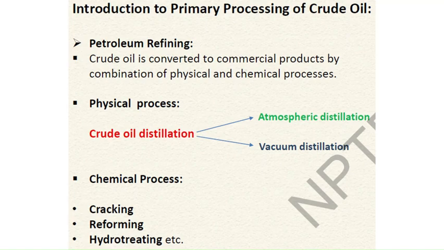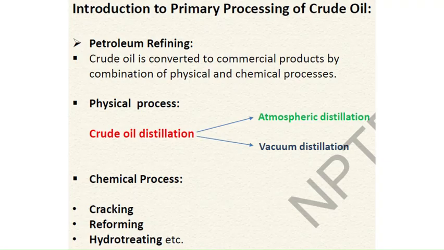how to process crude oil to get various products that can be in a more usable form, since you cannot use crude oil in its raw form. We need to process it to produce various products. Depending on the specifications of different countries, we need to process our crude oil to make it more usable,